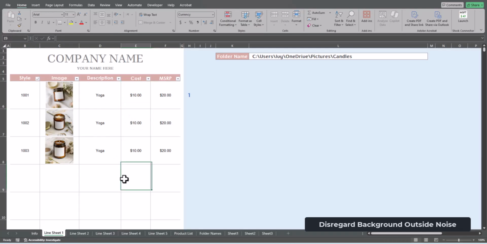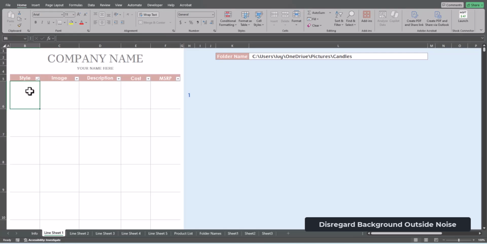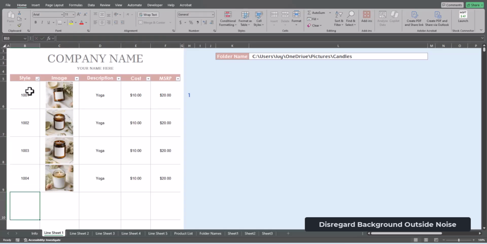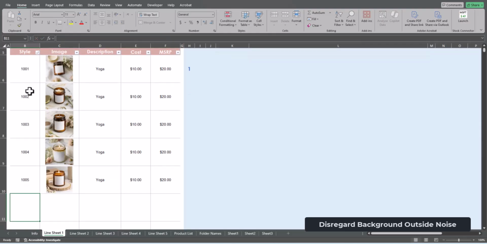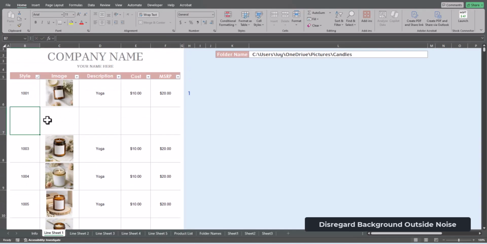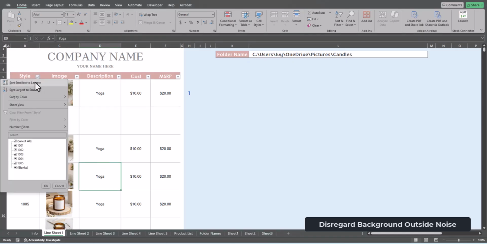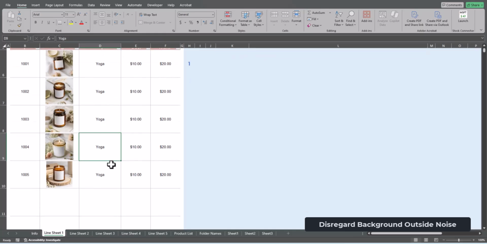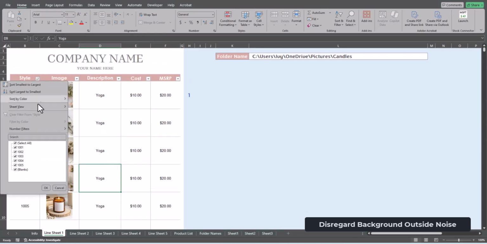So it easily places the data into the cell for you. And let's say you want to delete it, it's very simple. So let's do that again. All you have to do is put your data. I'll do up to 5, and I'm gonna do one that's out of sync. I'm gonna do 1002 here, and I'm gonna take it out of here. So let's say you do that, you could actually sort it, and you could filter it. So let's just filter it,